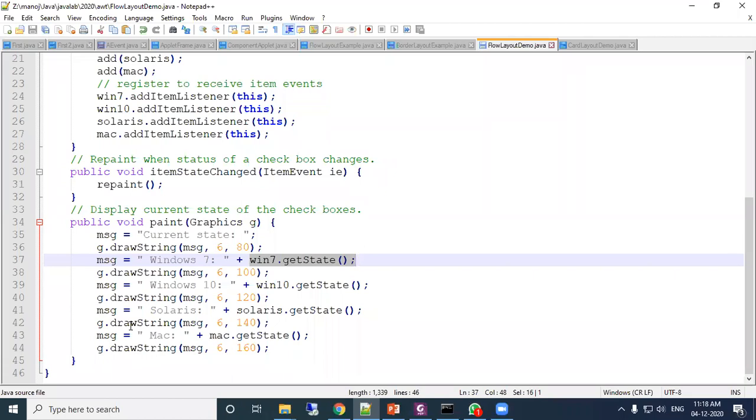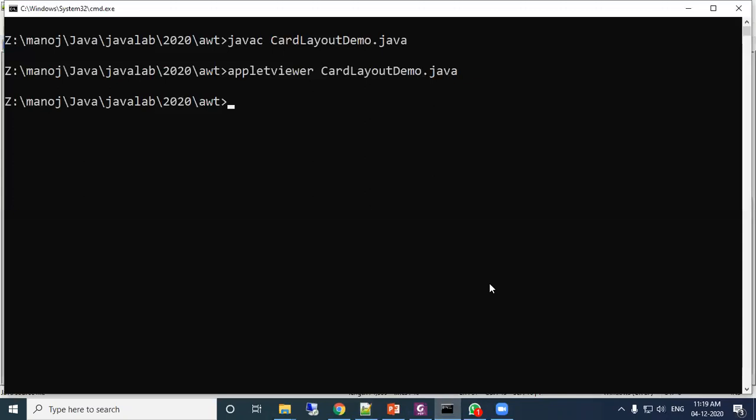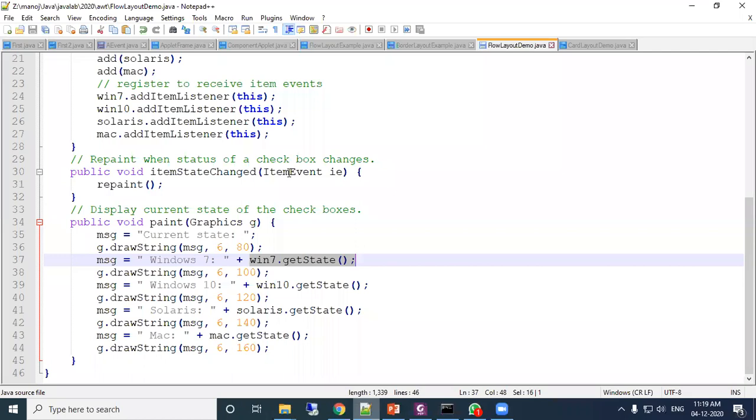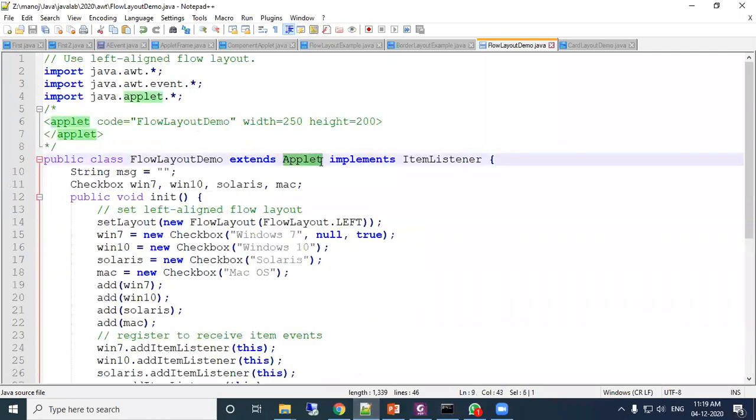Now let us execute this program so that you can easily understand. The program name is FlowLayoutDemo.java. To execute it, because this is an applet program, the applet is extended.